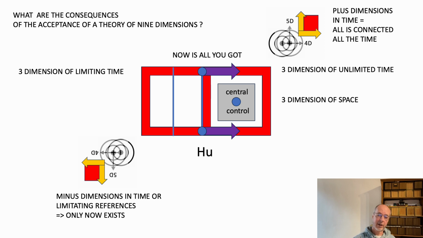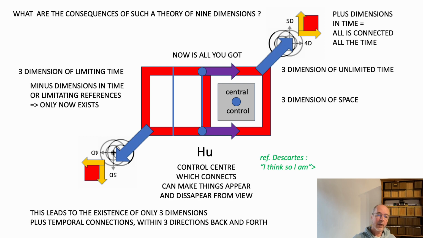So it's contradictory. Instead of everything existing the whole time and being connected the whole time, only one thing is connected at this time. This is the central control point, in a way, which says, oh no, we have only the moment of now. And this now moment, you can say, if we don't associate it, if we don't make a connection, maybe it doesn't exist. I think, so I am. So if I don't think it, it can't exist. This is an idea that you can derive from it.